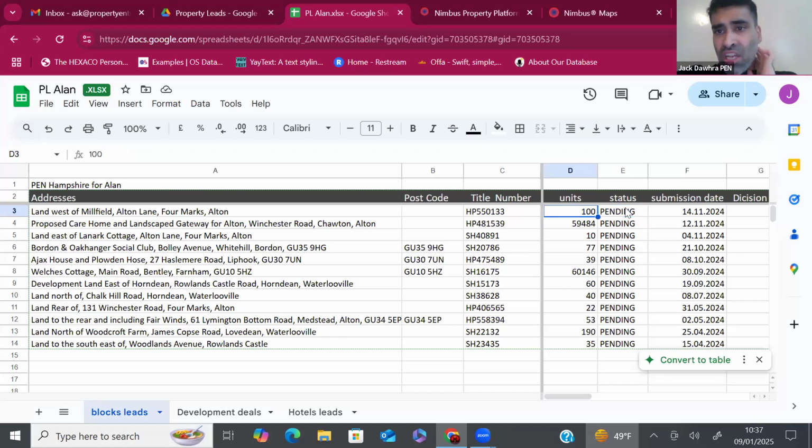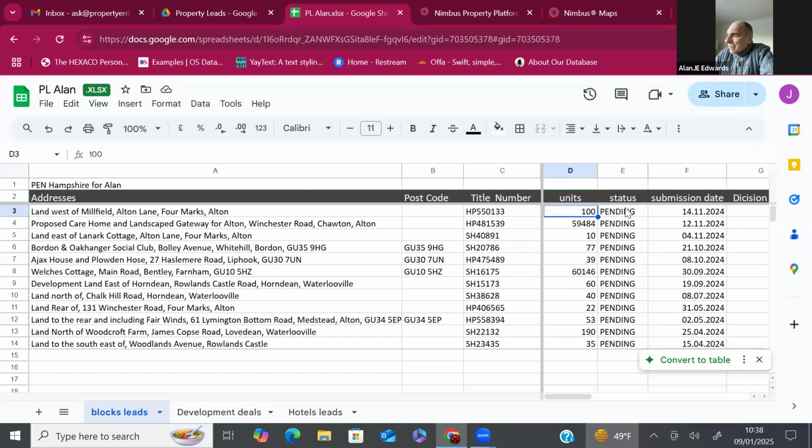Imagine you approach this, you get 100 units under your management. Each of them makes you 500 a month. Alan, you're good at maths. 500 times 100. So it's 50,000. 50,000 pounds in net profits per month in your pocket for a deal like this if we can close it together.